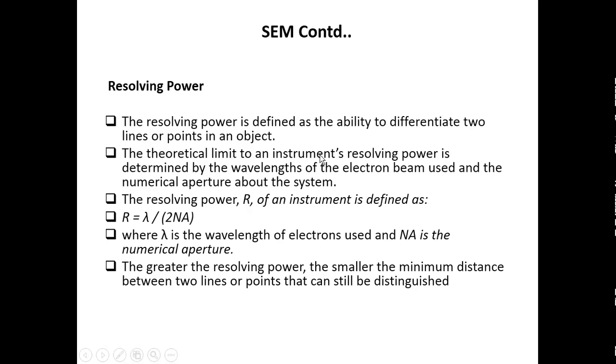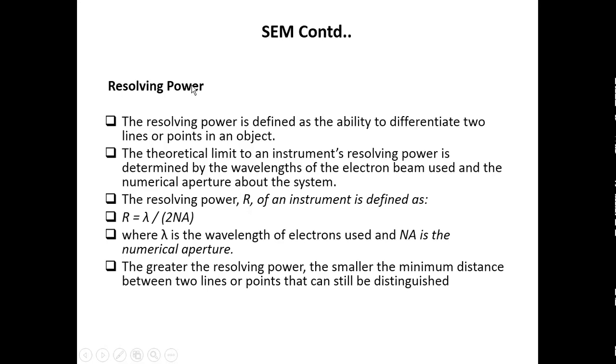So when the object or surface is scanned, whenever it is scanning, it should be capable of differentiating two lines or points in the object. The resolving power is an indicator of the ability to differentiate one line from the other line, or one point from the other point, in the scanning of the surface. So resolving power is defined as the ability to differentiate two points or two lines